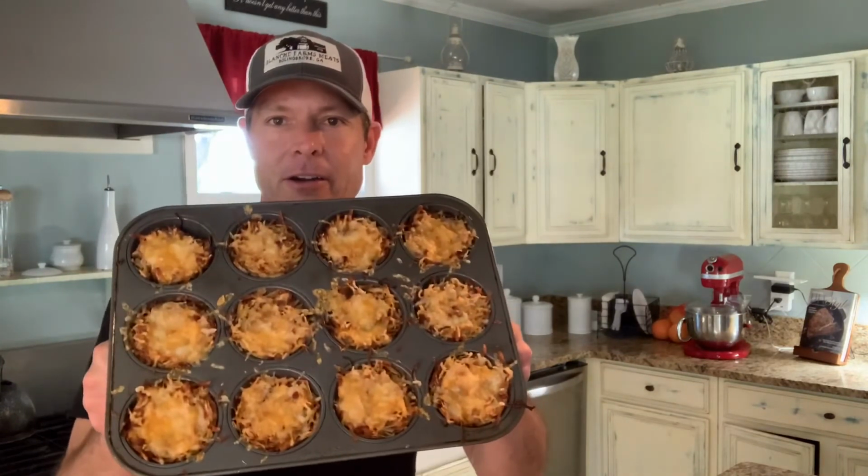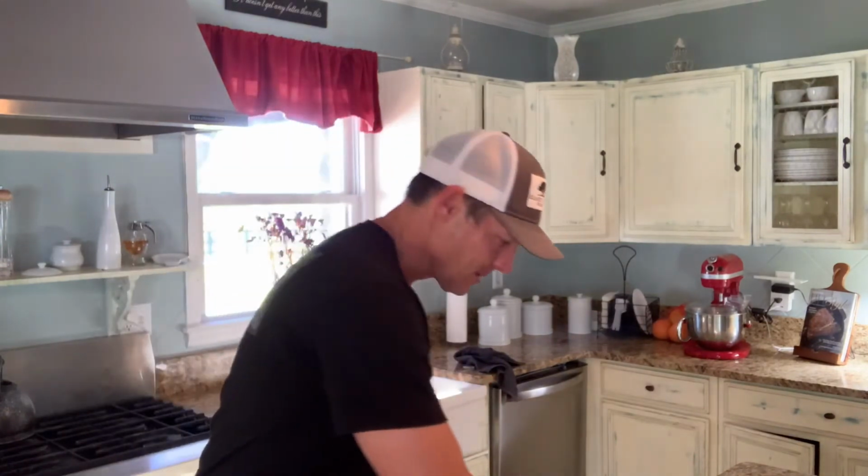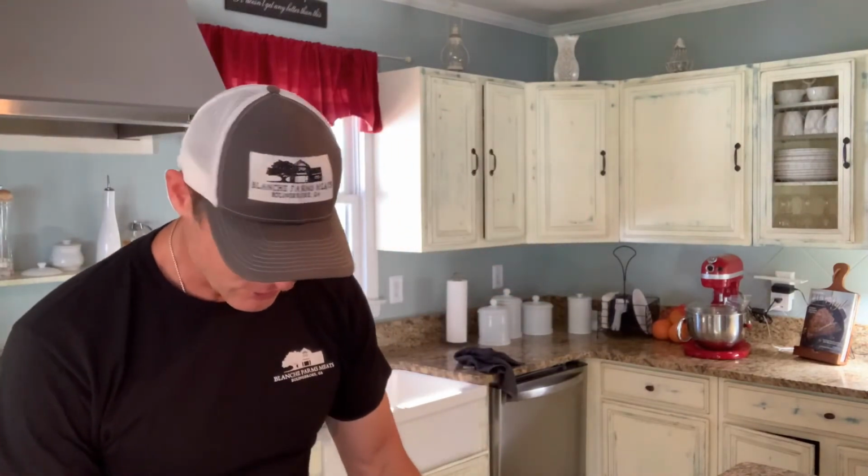Okay guys, we're back. After our delicious hash brown cupcakes, here they are. They are incredible. Look at those things. Cheesy deliciousness. I'm gonna take one out of here. The cool thing about these guys is they hold together pretty well. So you have a single serving,